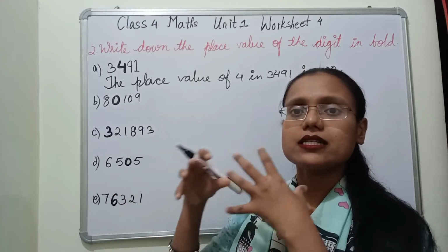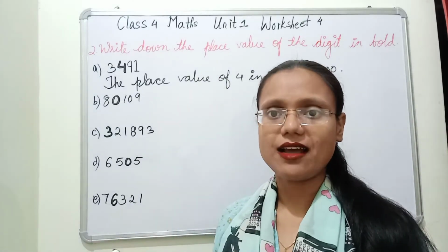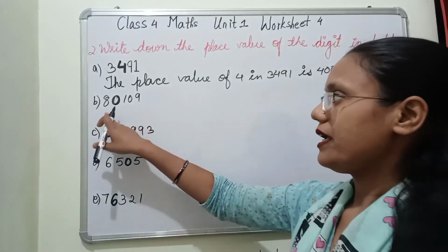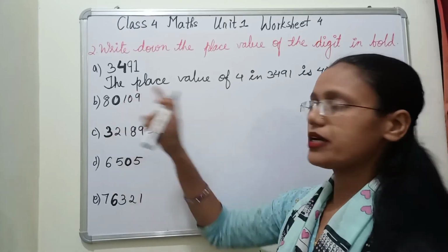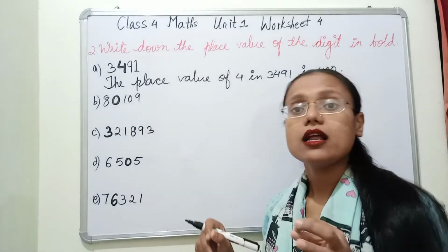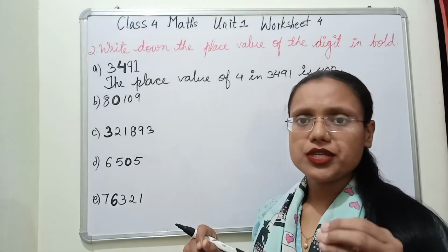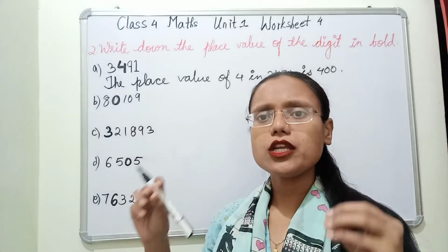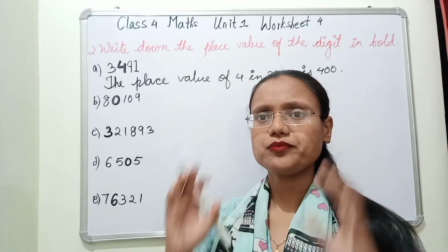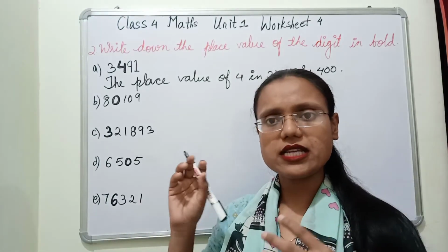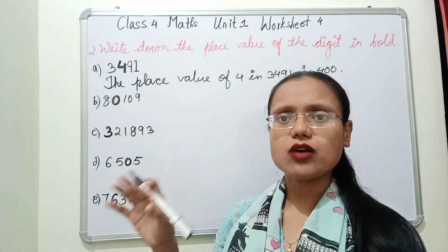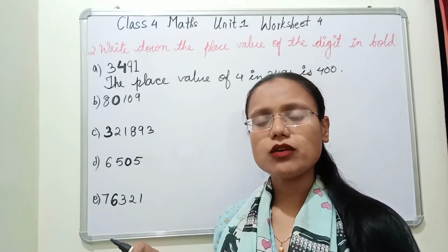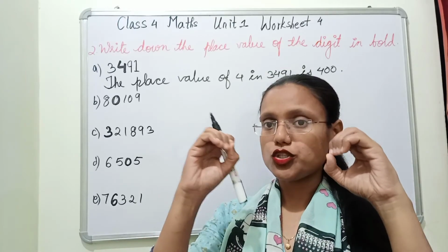Again and again the sentence gets fixed into your mind कि अरे इसको तो ऐसे लिखना. This is how you have to write. This is how we have to write. This is how I have to write. 80109. Here 0 is bold. Listen one thing. Wherever the 0 is, however big the number is, the place value of 0 will remain 0. In whichever place it is, whether ones, tens, hundreds, thousands, lakh, 10 lakh, crore, 10 crore, wherever it is, the place value of 0 will always be 0.